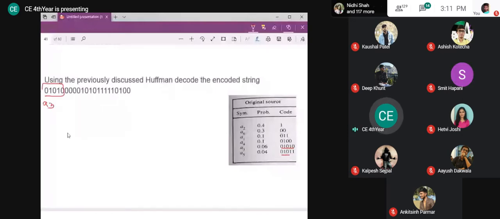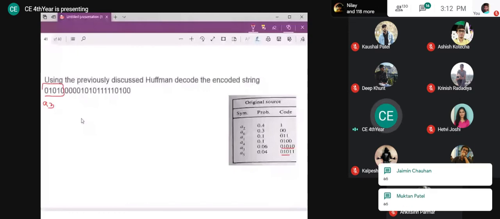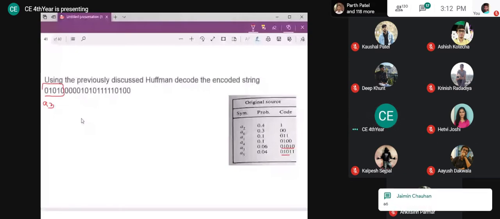Then what is the next symbol? Next will be A6. Yes, next will be A6. Then the next will again be A6, true. Then next will be,